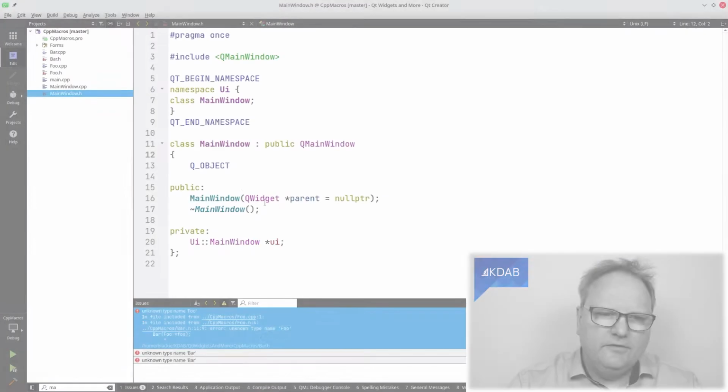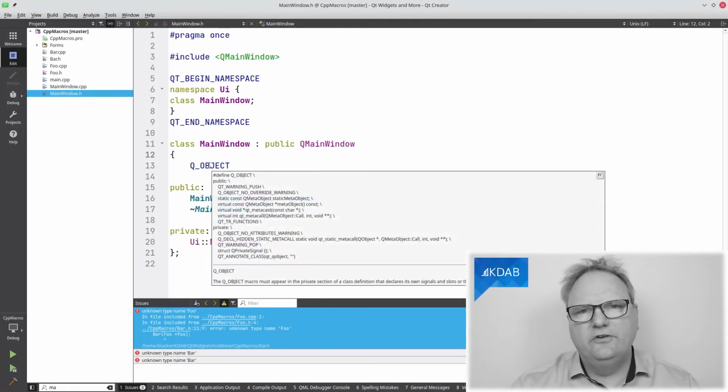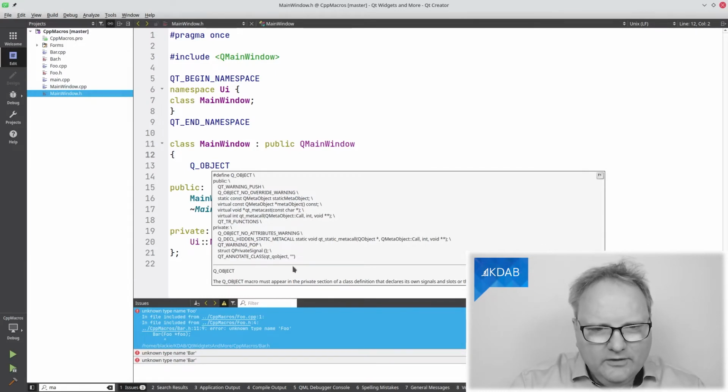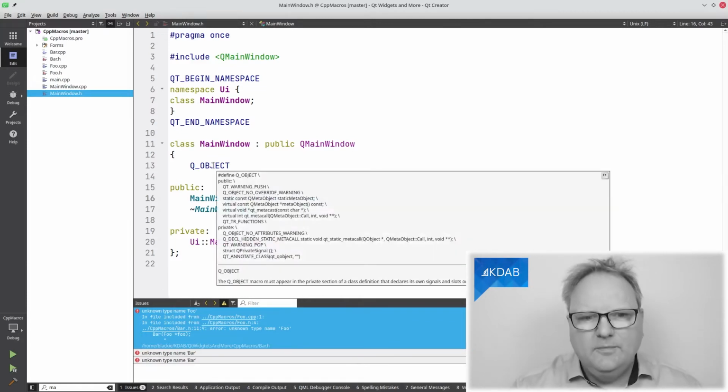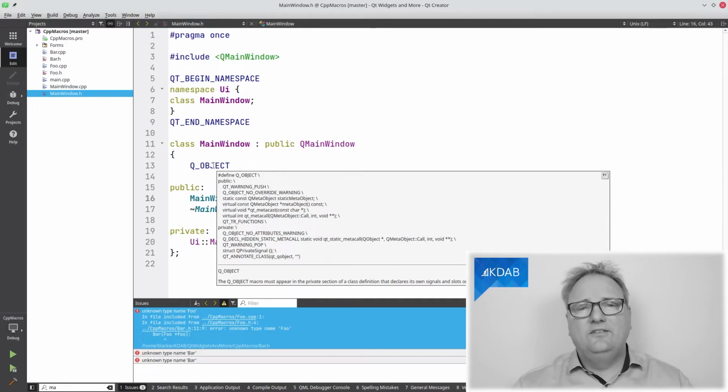Before I leave you, I'd like to go to Qt Creator and show you how you can see macros expanded inside of Qt Creator, but more importantly, how you can disable that, because to me, it's just way too often I have a gigantic tooltip covering my code for the odd situations where I actually want to see that tooltip. So inside Qt Creator, all you need to do is move your cursor on top of a macro like Q_OBJECT here to see a tooltip with the information about this one. But it's annoying when you're sitting somewhere here and you want to type and you just move your cursor away and you start typing and all of a sudden you have that tooltip. At least I find that's super annoying.